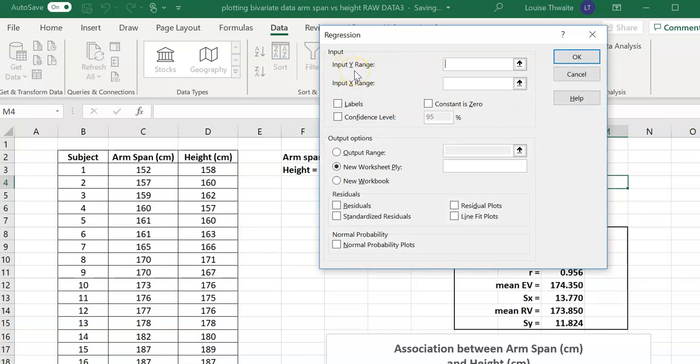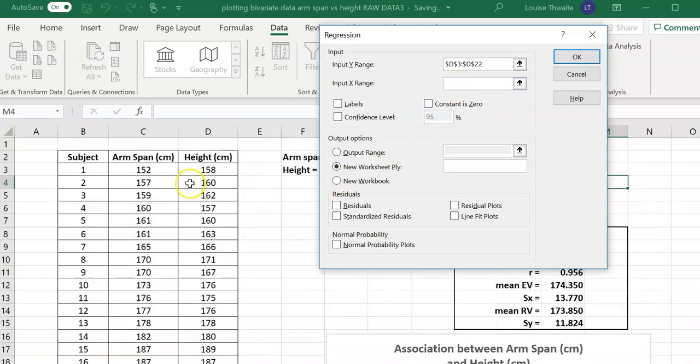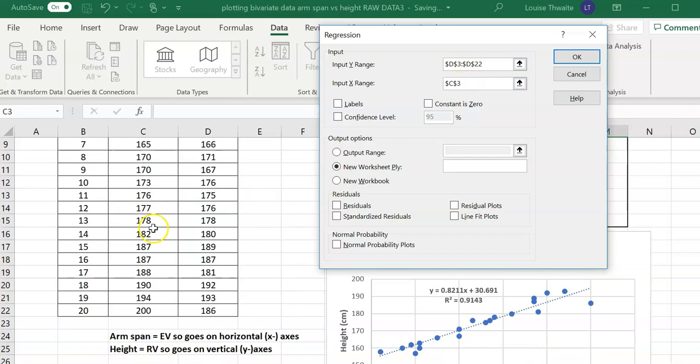Now this is where you've got to be careful because it asks for the Y or response variable range first. So simply select that, so I'm shift clicking, then move down to your X range, which is your explanatory variable. Again, I'm shift clicking.